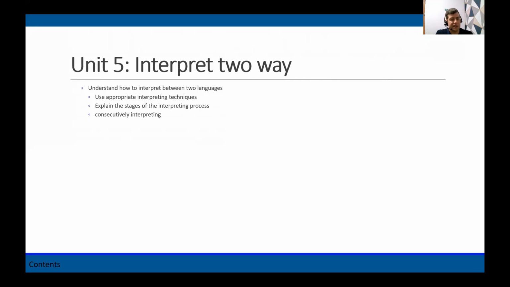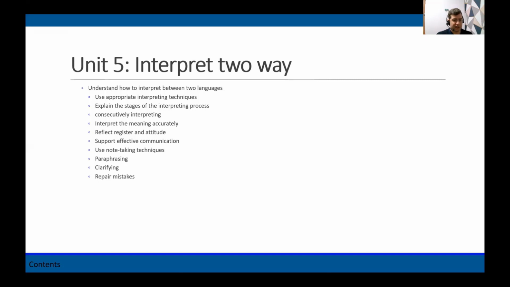consecutively interpreting, so that's the skill that a level 3 interpreter will use more often than any other. How to interpret the meaning of a conversation accurately, which is really important. Reflecting the register and attitude, so we talk about what that is and what it means for an interpreter. How you would support effective communication, which is essentially what the interpreter's role is. That's why you're there, to support a communication between two people who wouldn't normally be able to communicate. Using effective note-taking techniques, how to paraphrase and what that is, when, where, and how you would clarify, how to repair mistakes and what the importance of that is,